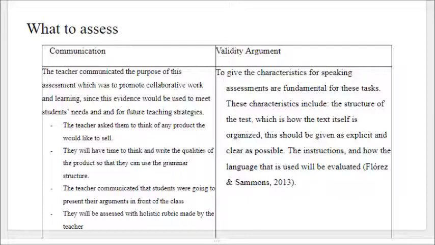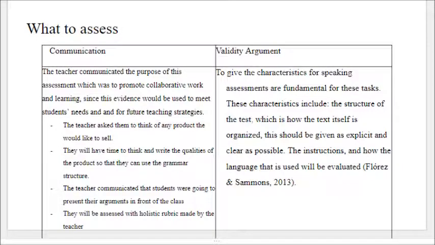These characteristics include the structure of the test, which is how the test itself is organized. Usually these should be given as explicit and clear as possible: the instructions and how the language that is used will be evaluated. And that was communicated when I explained the use of the